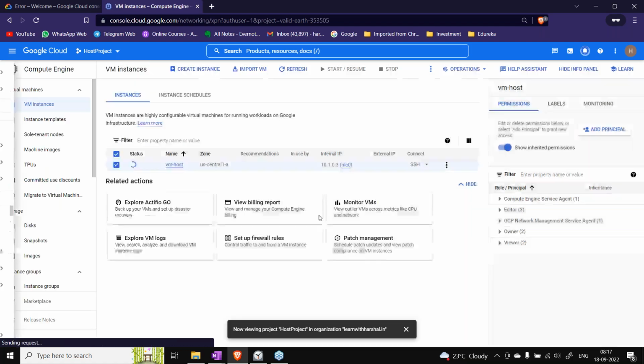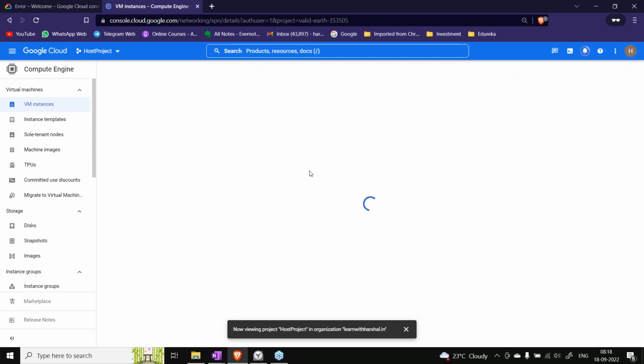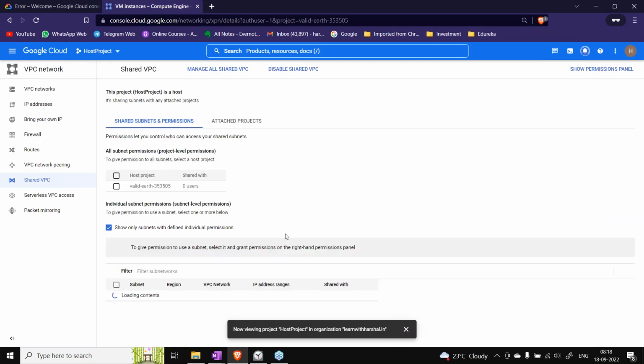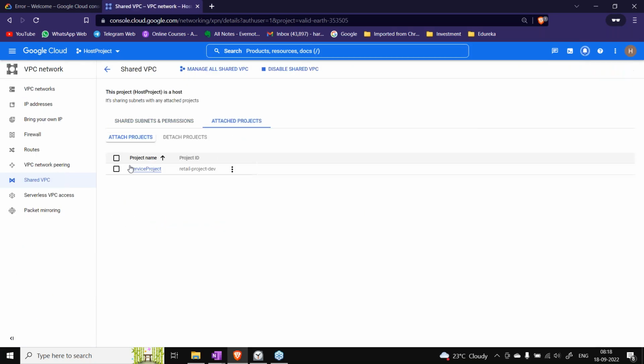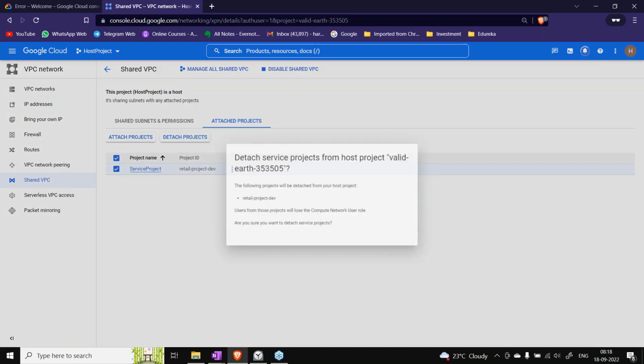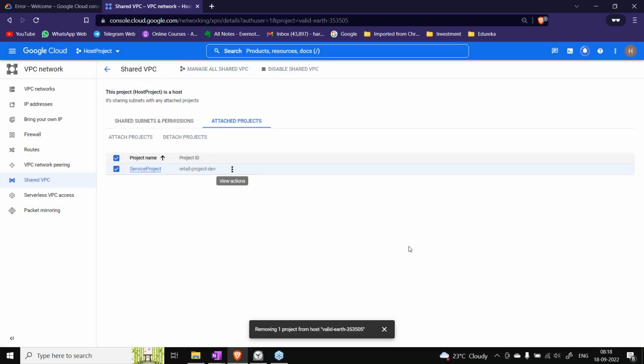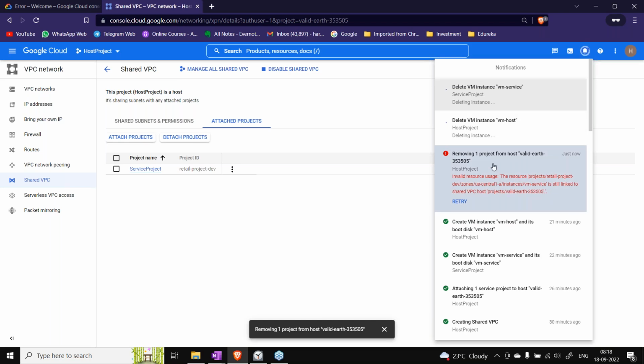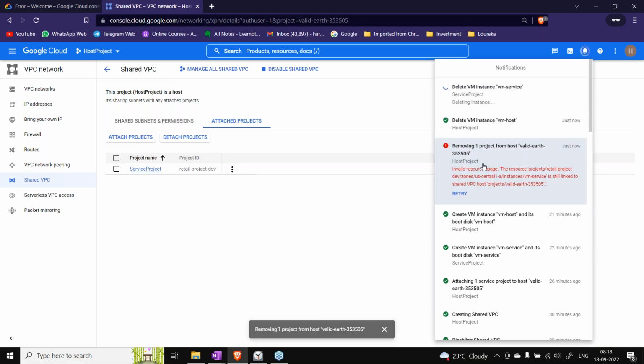In the host project, shared VPC. You can also take a look at how we can detach and all. So we can go to attached project, select this and detach this. Is it done? Okay. Detaching failed because it is being used. This particular shared VPC is being used by the service VM.